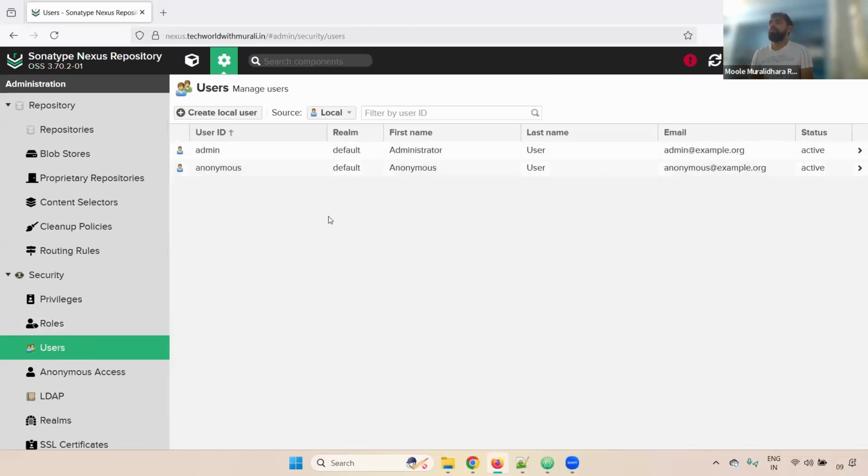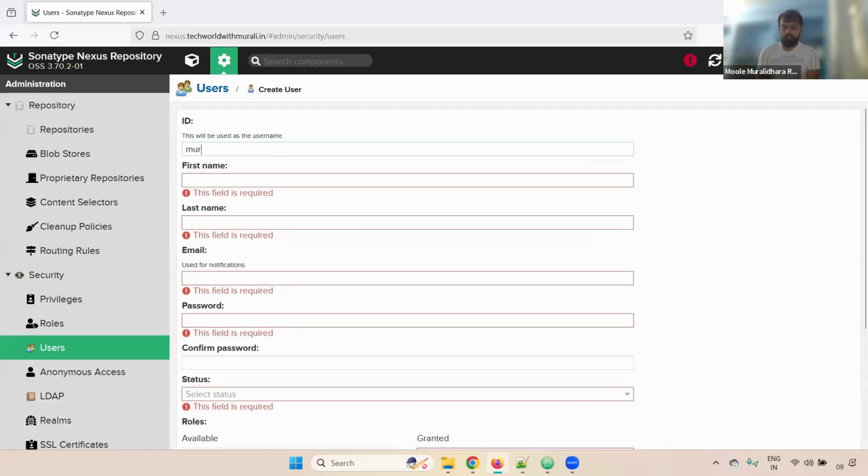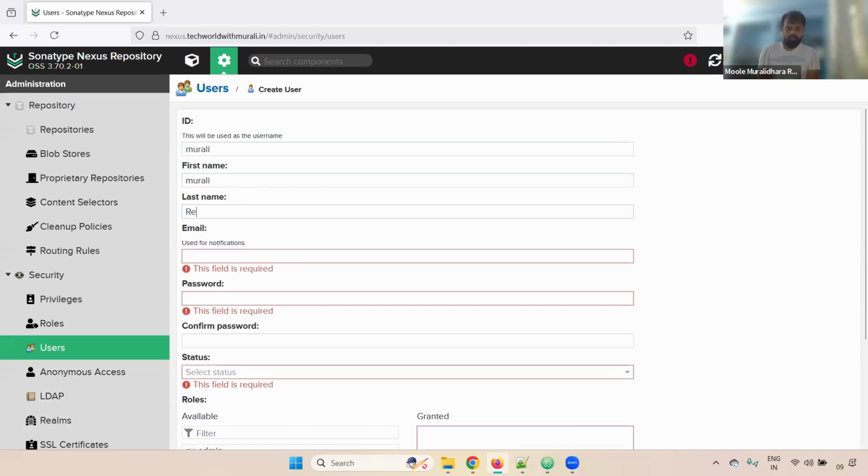Remember one thing, guys, most organizations, especially with Nexus, will integrate it with LDAP authentication. But some organizations, if they don't need to provide access to many users, won't integrate LDAP, and then we'll create normal local users. For example, I'm giving a user Murli. Okay, and then here you can give it Murli Reddy. Okay, and then Murli, techworldwithmurali